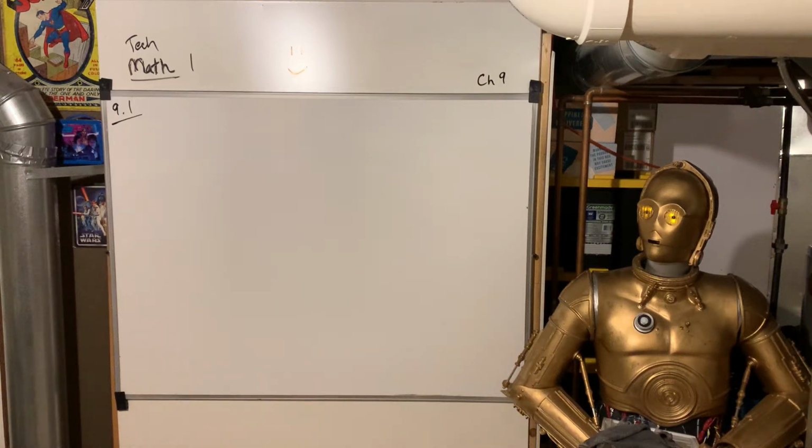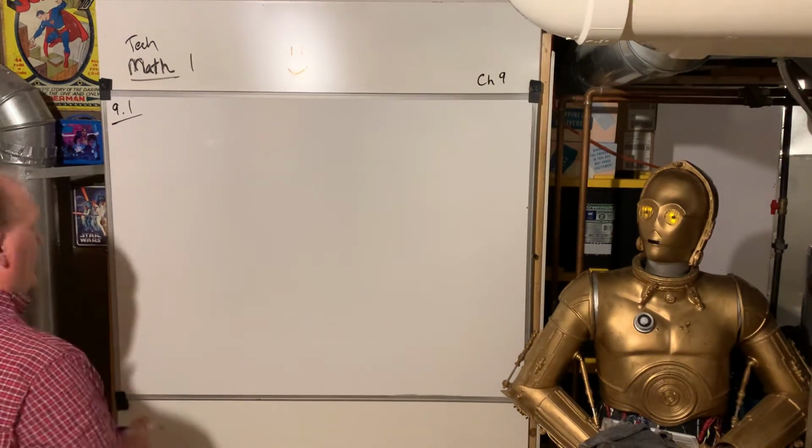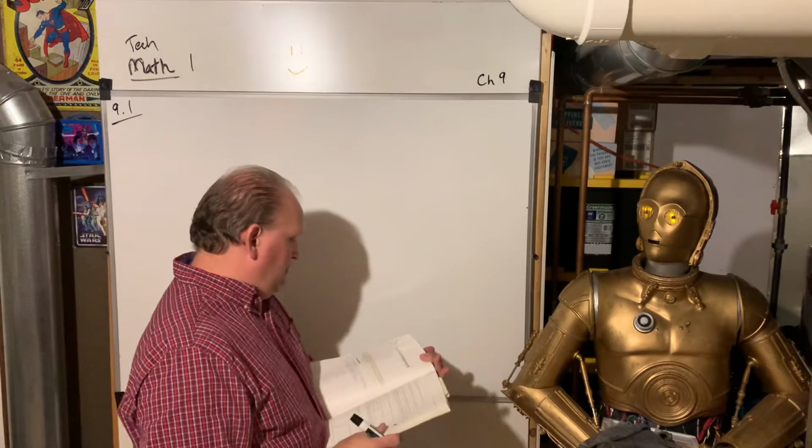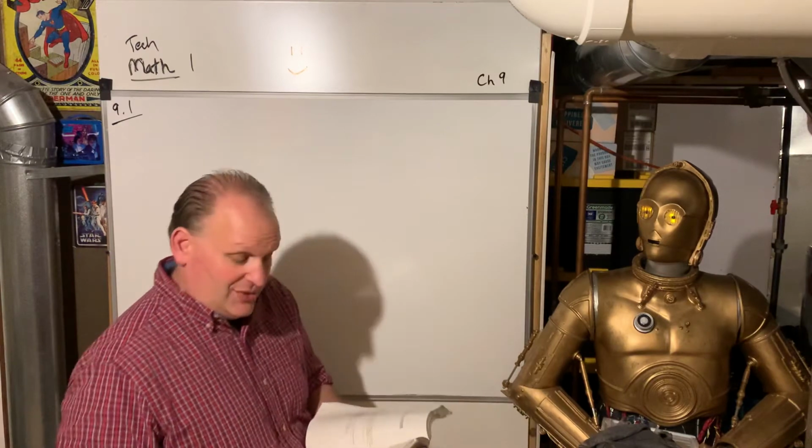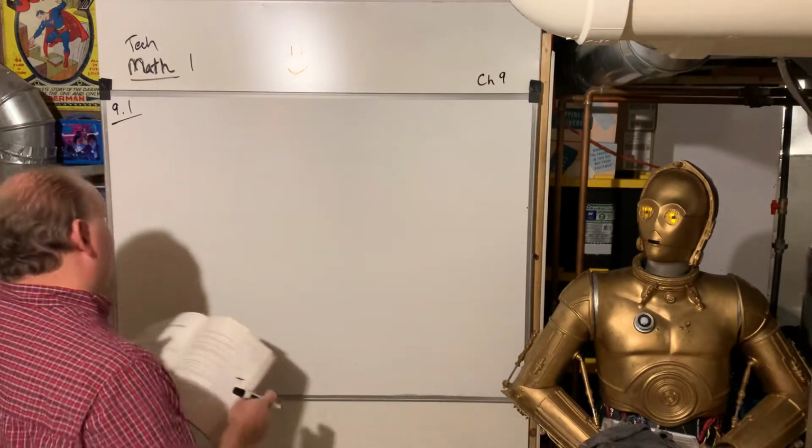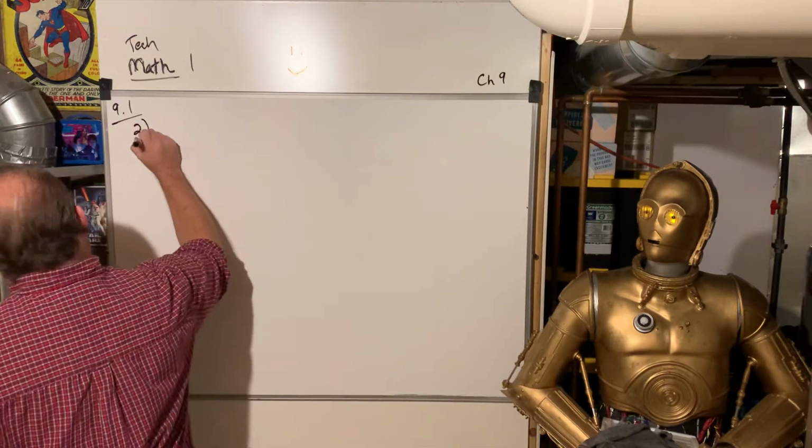It's Techmath1. We're looking at chapter 9. So let's take a look at 9.1. That is in the blue book, and we're on page 375. So number 2